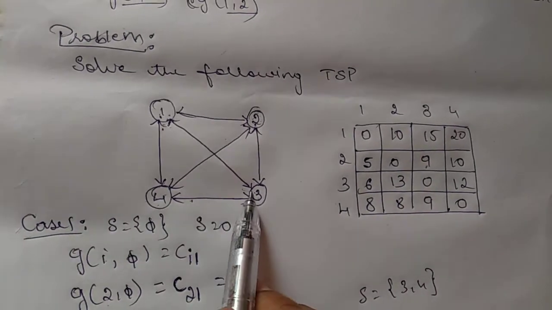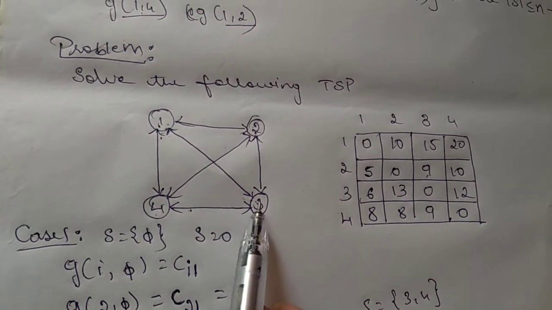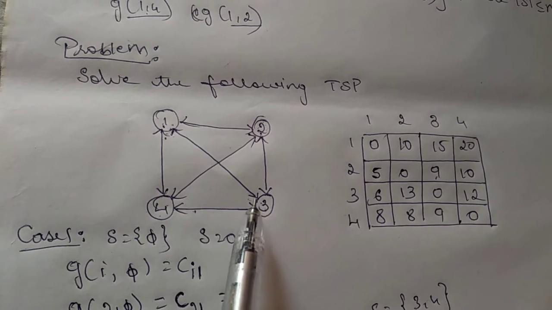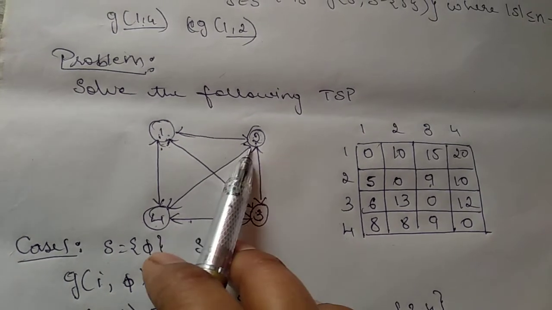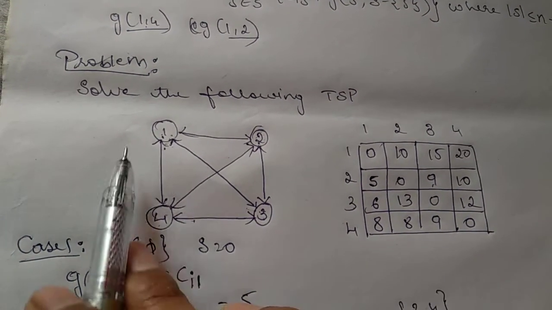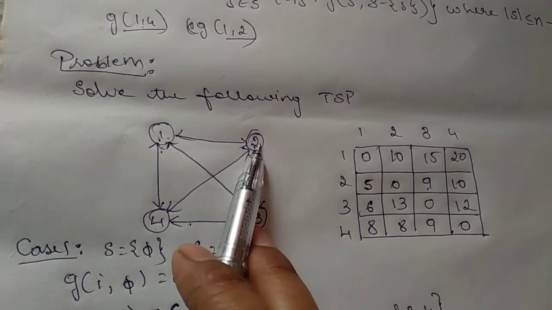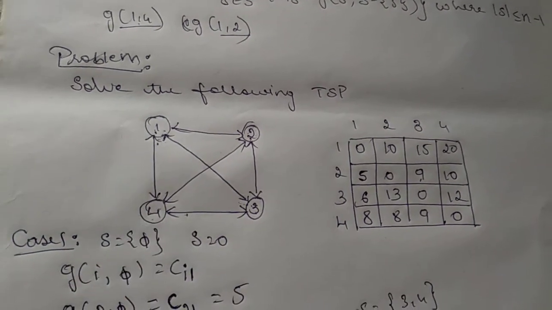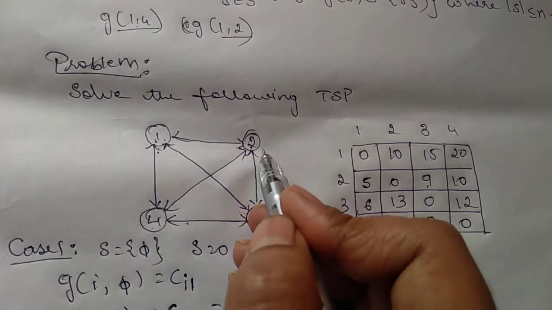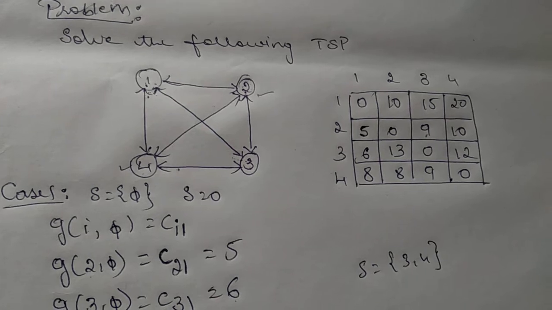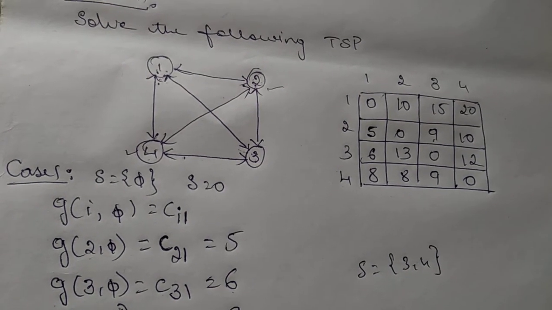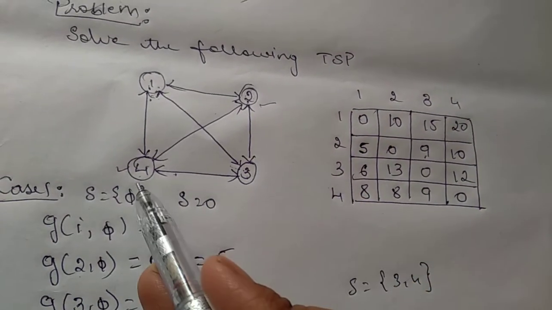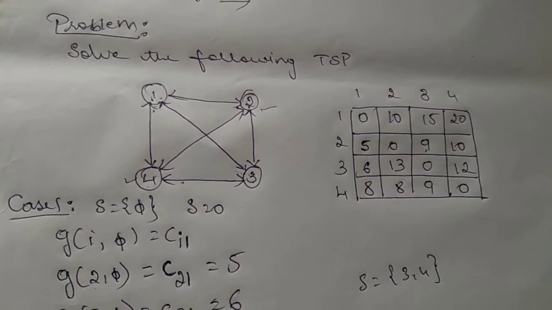If it is i is equal to 3, then what are the possibilities the salesperson has? See, from 1 to 3, if he comes, he can go to 4, 4 to 2, 2 to 1. Or one more possibility, 1 to 3, 3 to 2, 2 to 4, 4 to 1. So here also you can either go to 2 or to 4. Is it not? So here also you have to check. From 3 you can either go to 2 or go to 4. Both conditions we have to check.